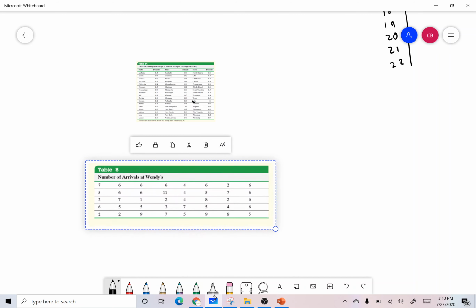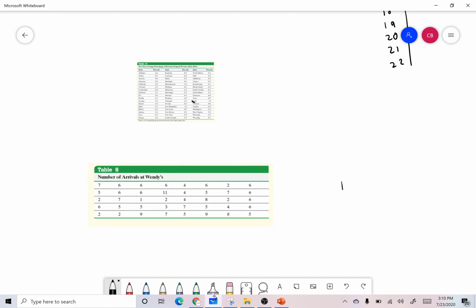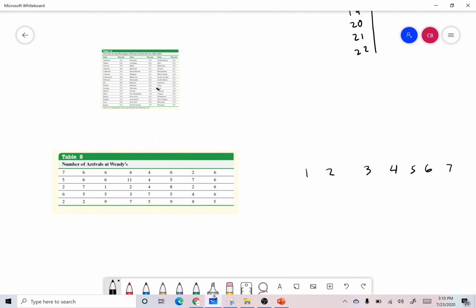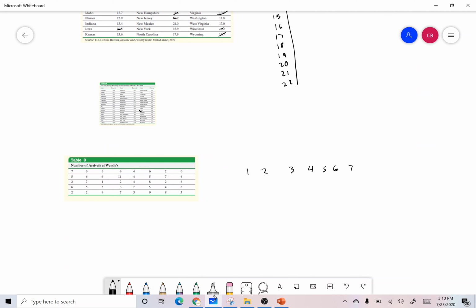Here we go. Dot plot would go something like this. So it's 1, 2, 4, 5, 6, 7, 8, 9, 10, and 11. 7 is first, we put a dot. 6, we have a 6, another 6, a 4, another 6, a 2, another 6. And you literally just keep going as we're doing it like this. 6 and 6, 11, 4,